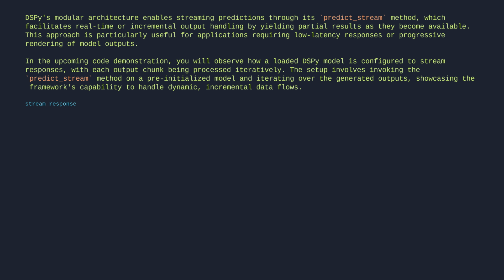stream_response = model.predict_stream("What kind of bear is best?") for output in stream_response: print(output)